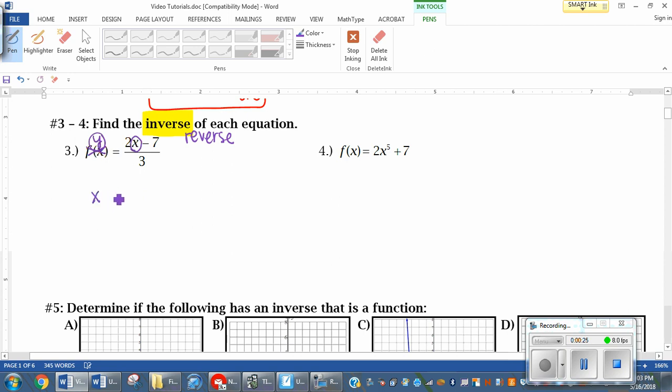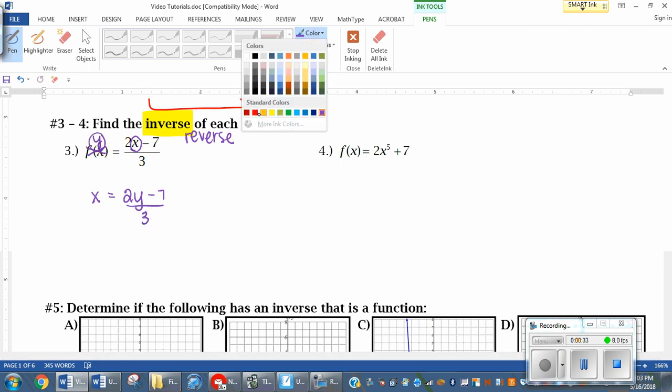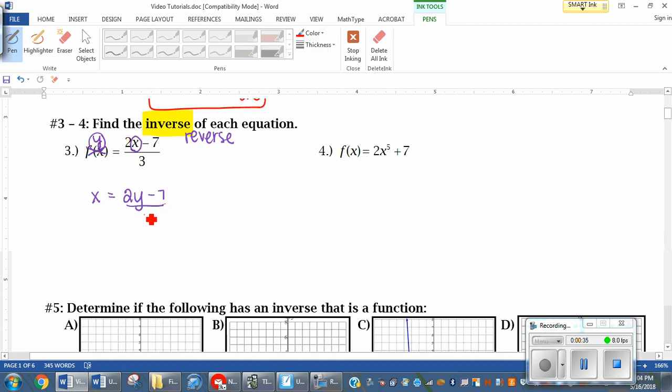Well, if I'm trying to find an inverse, what I want to do is I want to reverse x and y. So instead of y, I'm going to say x equals 2 times y minus 7 all over 3. It's just the x and the y that we're switching. And now we want to get rid of this 3 that's in the denominator. Well, if it was being divided, we're going to now multiply by it,